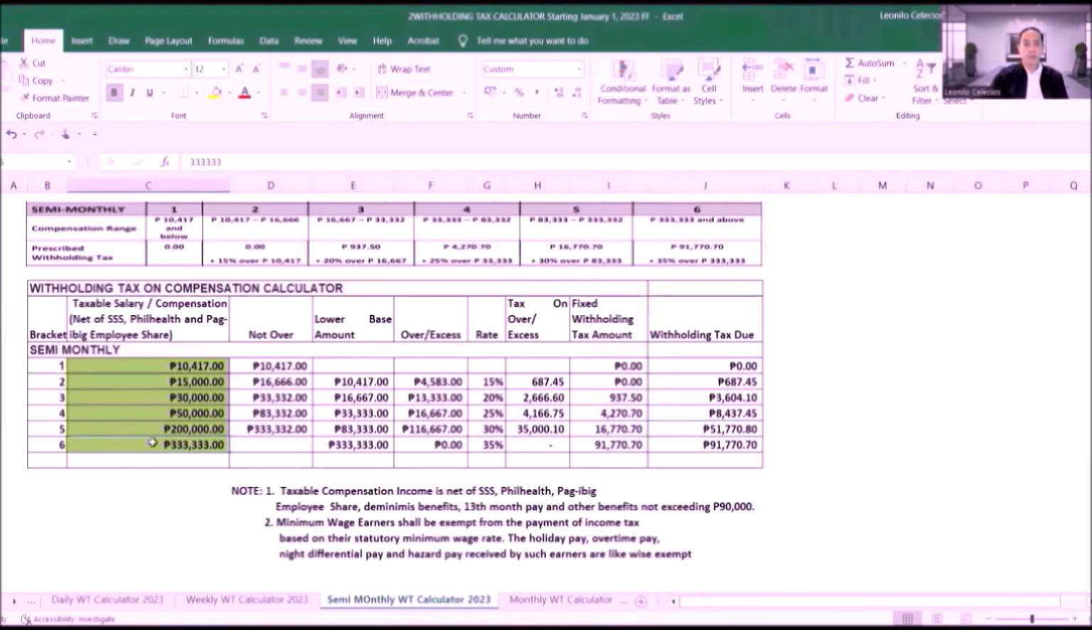51,773.80. So kung meron kang 350,000 semi-monthly salary, so ang withholding tax mo is 97,604.15. So kung meron kang 380,000 ang semi-monthly salary mo, minus siya ng 333,333, yung excess amount is 46,667. Multiply natin ng 35%, kaya yung tax on excess amount is 16,333.45. I-add natin yung fixed amount na 91,770, kaya yung withholding tax due mo is